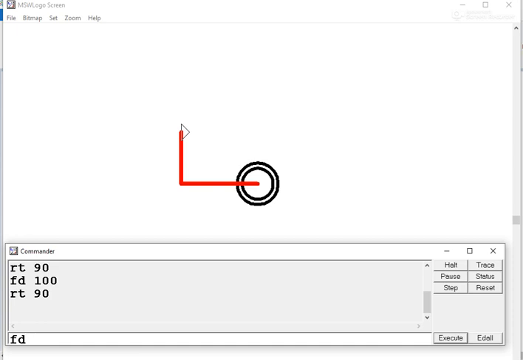So the FD command will help me to draw a line, and I'll give one number, that is 150. That is 150 points, so that my turtle can move 150 points ahead. Now what is next? Here we want a slanting line which goes in an upward direction.